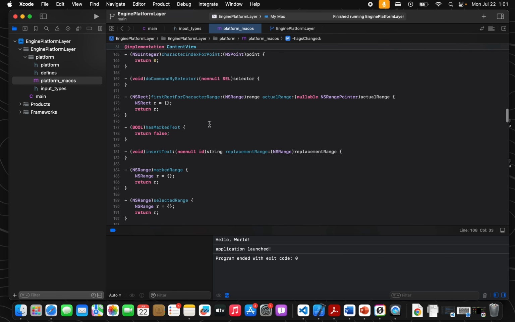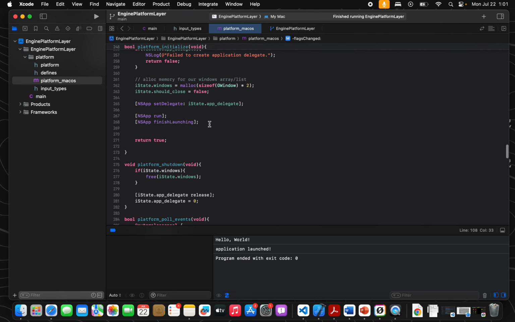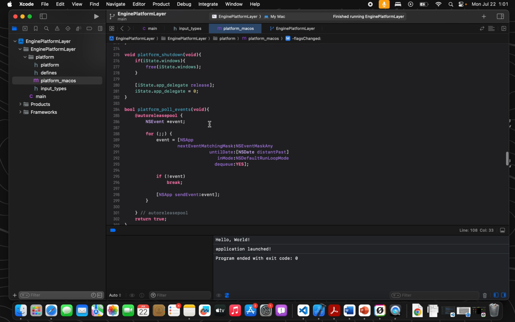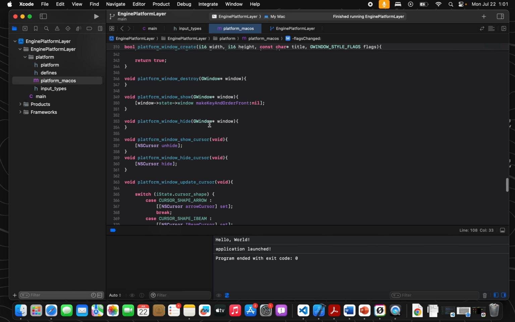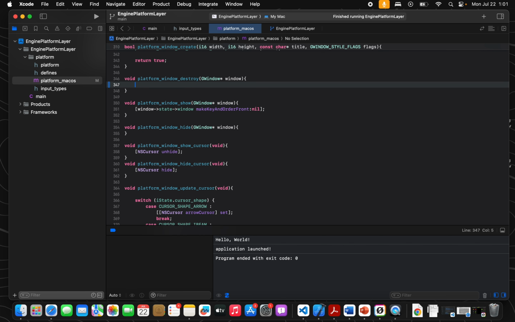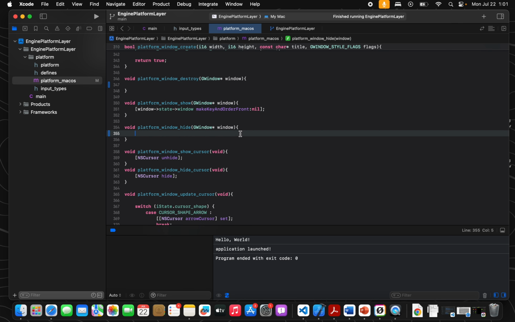But before that, there was still some stuff that we left hanging here in our platform layer, and that is when we destroy the window, we don't have this function implemented, and also we don't have the window hide function implemented. So with the notion of starting with the easiest functions first, I'm going to start off with this one on hiding the window. To do that, all we've got to do is take in our window handle here,